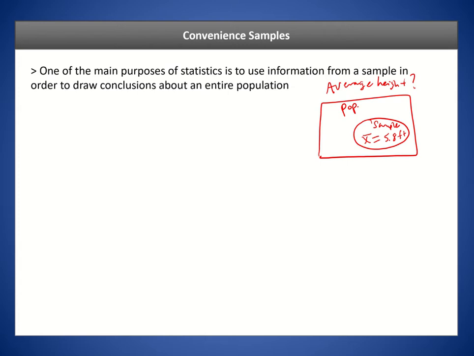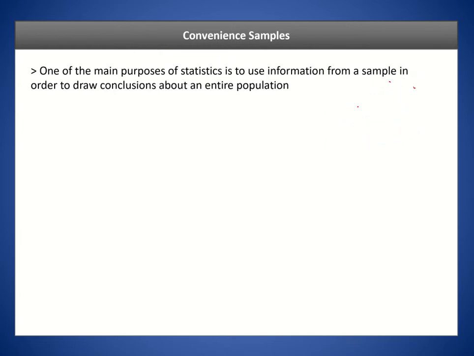How does that compare to the entire population? Does the entire population also have an average of 5.8? Or is it greater than, or less than this value? Or how close is this to the actual population, right? And the idea is that we can't necessarily do it for everyone because there are too many people or too many individuals in the population to be able to do this for. But we want to see if we can use this to estimate what it would be for the population. Okay, and this is known as inferential statistics. We want to infer what the value of the population is from the sample. All right, so that's the main idea, and this is why